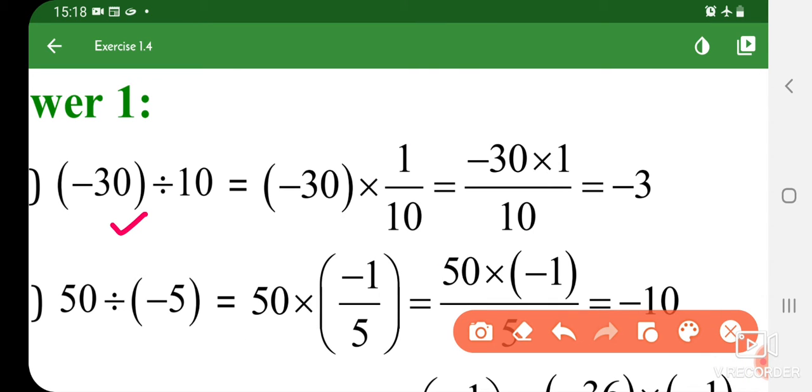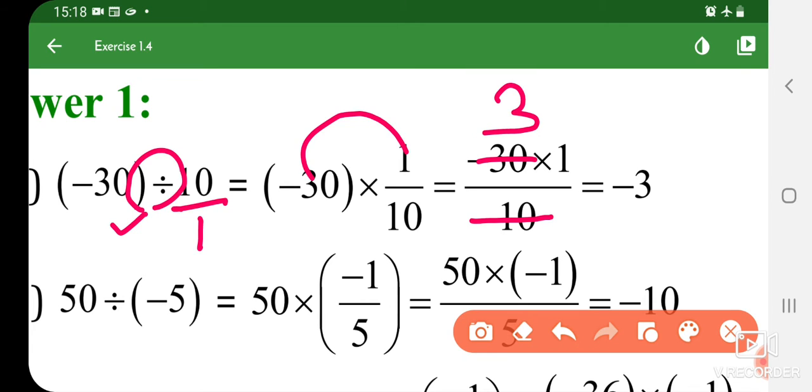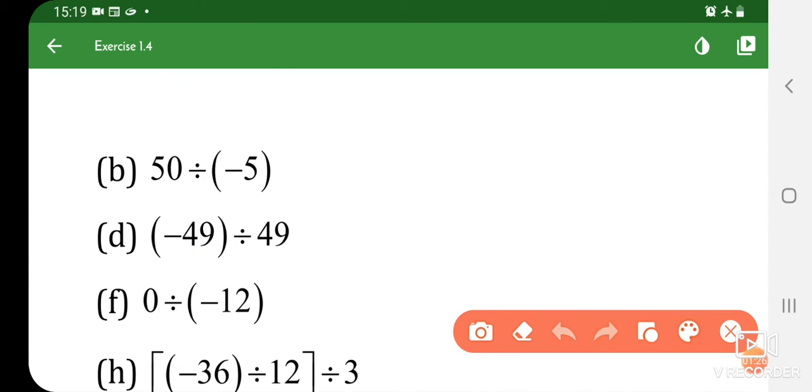And that is the second method of solving this question. Minus 30 as it is and upon 10. We have to convert to the reciprocal. What is the reciprocal of 10 upon 1? When the sign is divided, we put a multiply sign and 1 upon 10. So minus 30 multiplied by 1 upon 10. After that, in the 10 table, 30 comes 3 times. So we divide, and after that minus 3 into 1, so the answer is minus 3. That is the second method, we solve by the reciprocal. So we have to use the divided method.